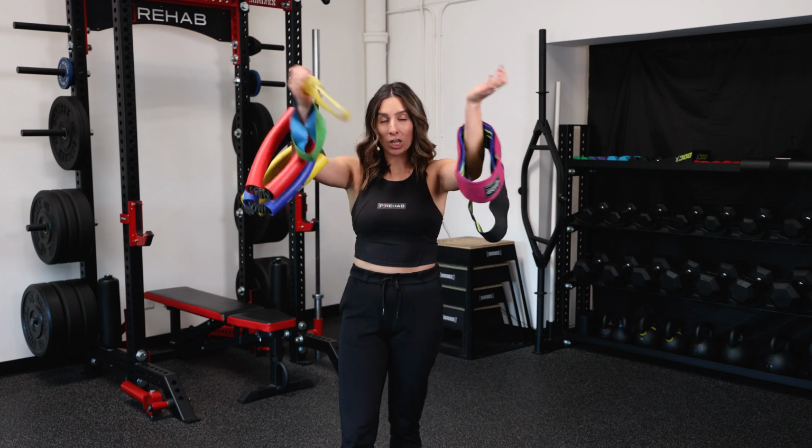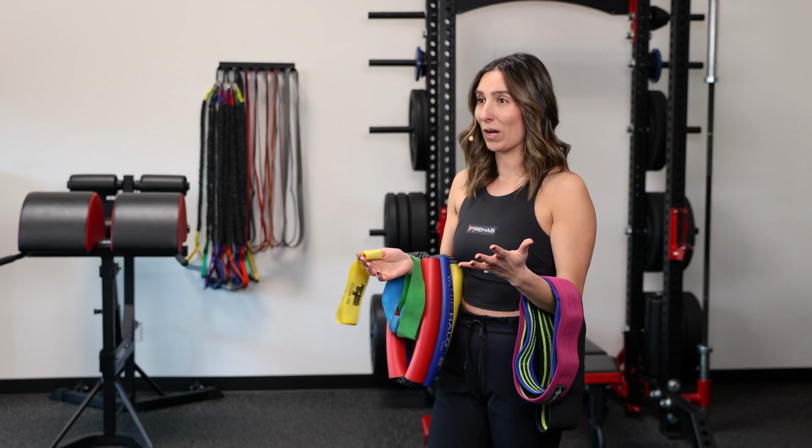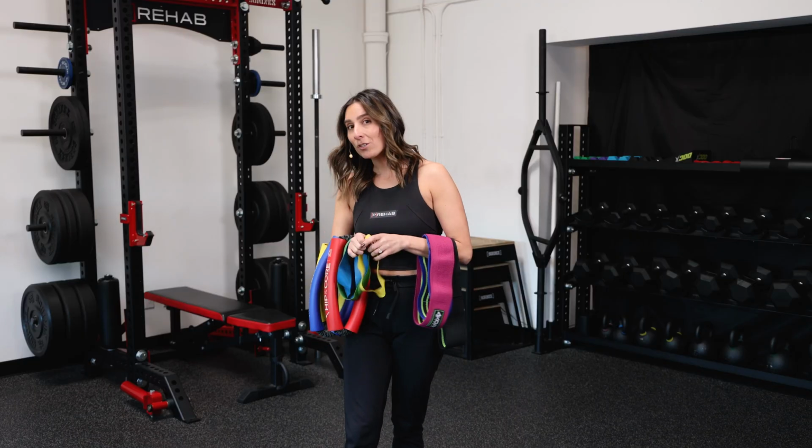Today we're going to be teaching you how to maximize your health and take control of your booty gains. So we know there's a lot of bands out there. There's different sizes, different strengths, different materials. It's so easy to get overwhelmed. So today we are going to be going over how to use the bands, which bands you should be using,